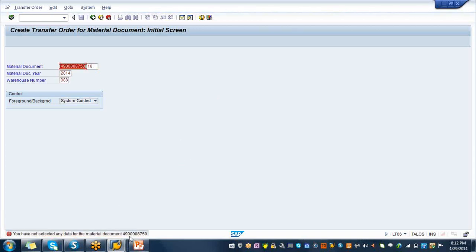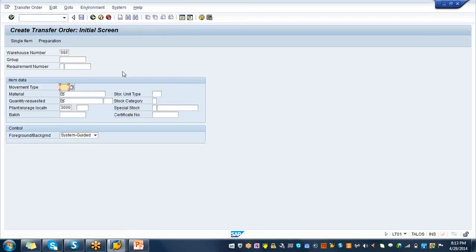You have not selected any data, something it is saying. So LT06 is not possible. So let's go and try to create /n LT01, which is create a transfer order